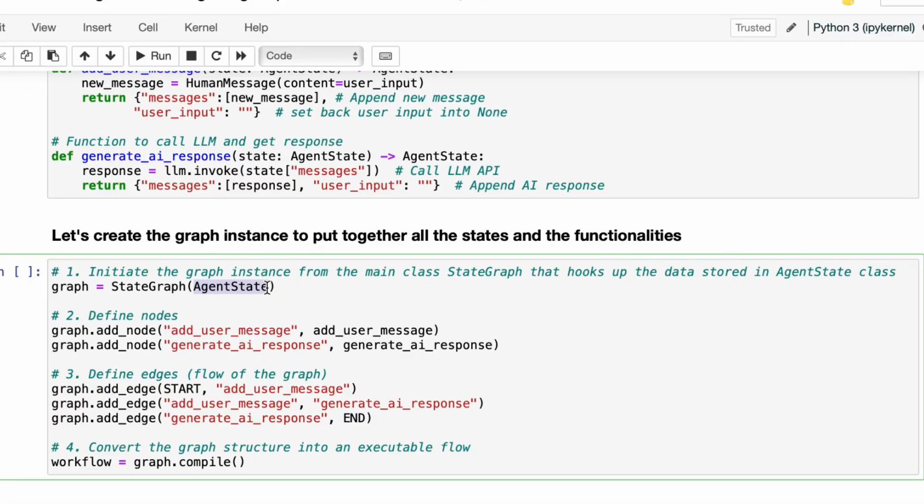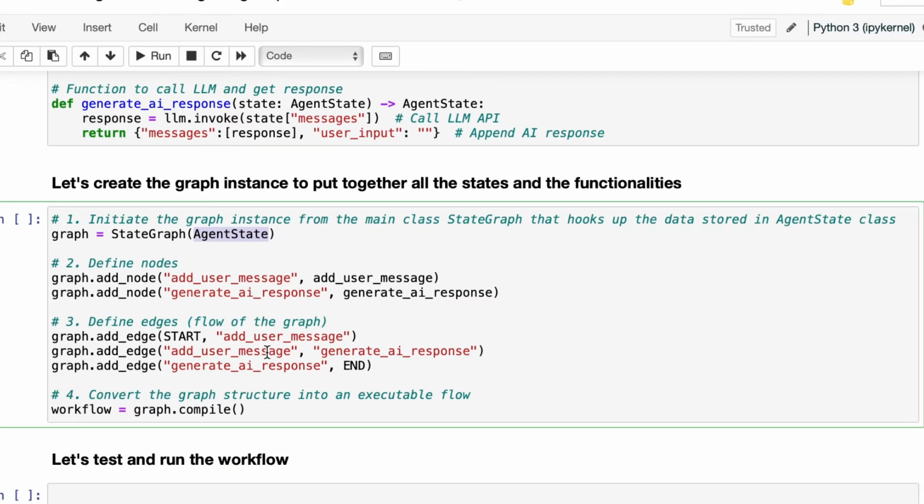Once we have the graph instance declared, the next step is to add the nodes into the graph. We have two functions here, so we are going to create two nodes, one for the user message and a second one for the AI response. Once we have the nodes, with the state connected inside the state graph,